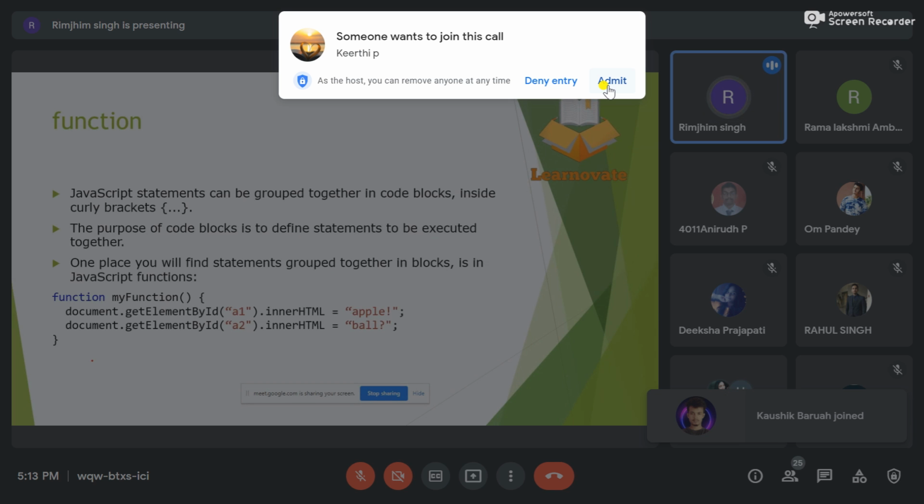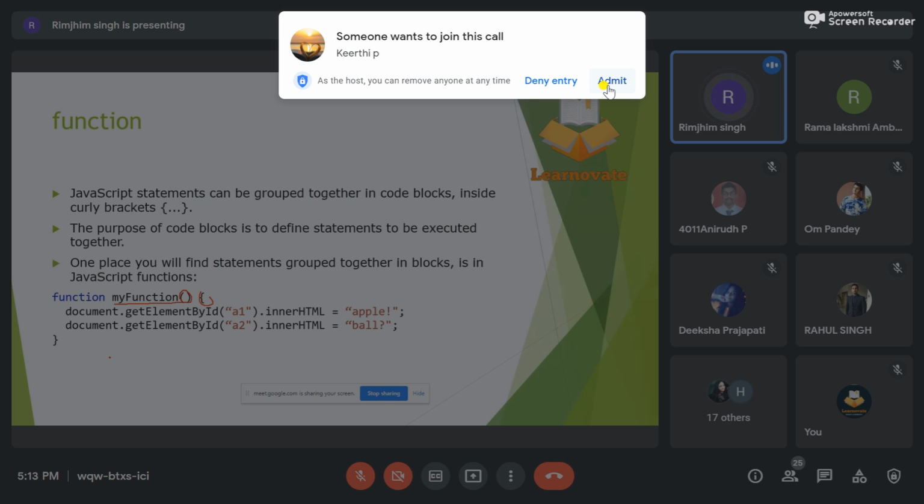I'll tell you how we declare a function. If I want to declare a function, I have to use the keyword function, followed by the name of my function and the round brackets, okay. I guess round brackets are there in C also. Yeah, C and C++. So whenever I'm writing my function, I have to make sure that I'm writing the keyword function followed by the name of my function and then the curly braces, okay.